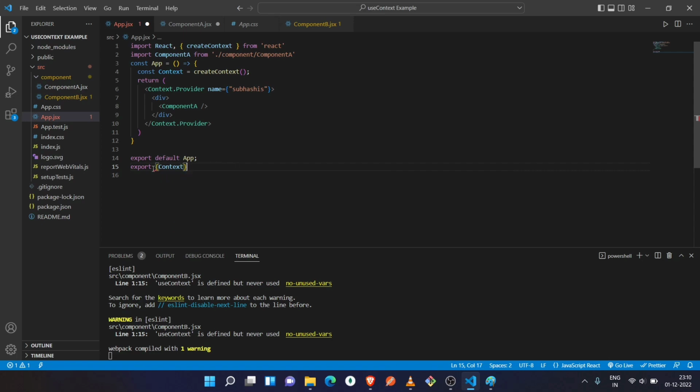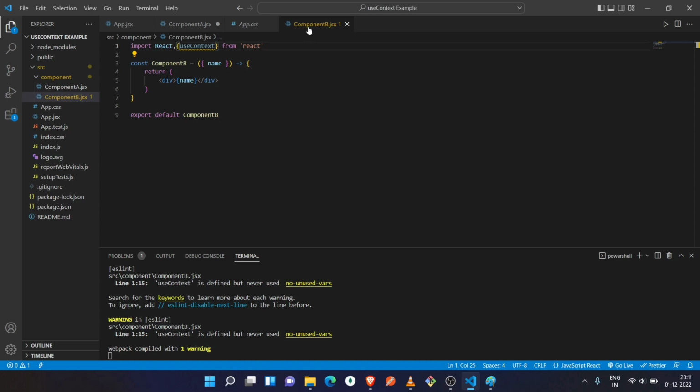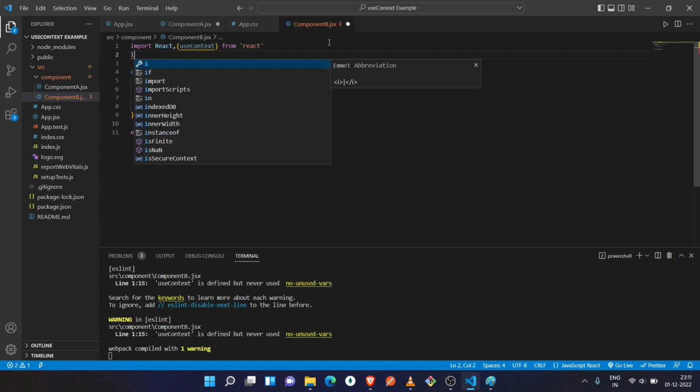Okay, what is the error showing here? Parsing error, export Context is not defined. Okay, I got it. We just need to take it to the upper level. Yeah, so here in App.jsx, we are exporting the context which is holding the createContext function. So let's go to component B, and inside that we just need to import that particular context which is written inside App.jsx. So import,